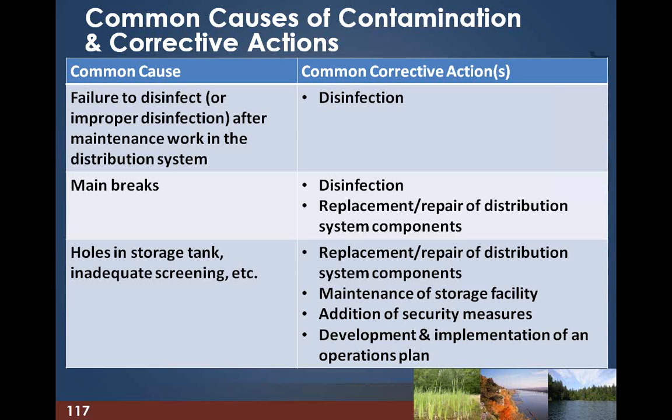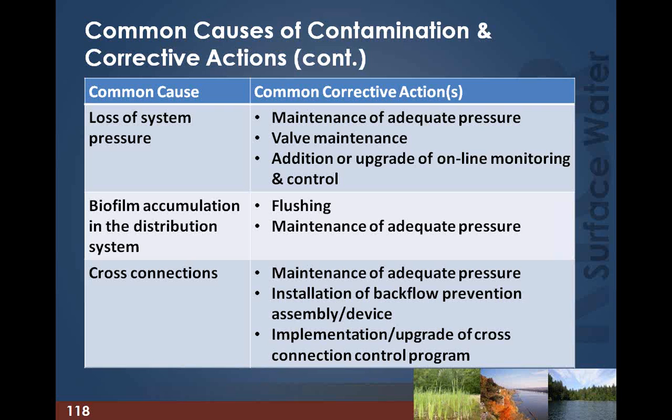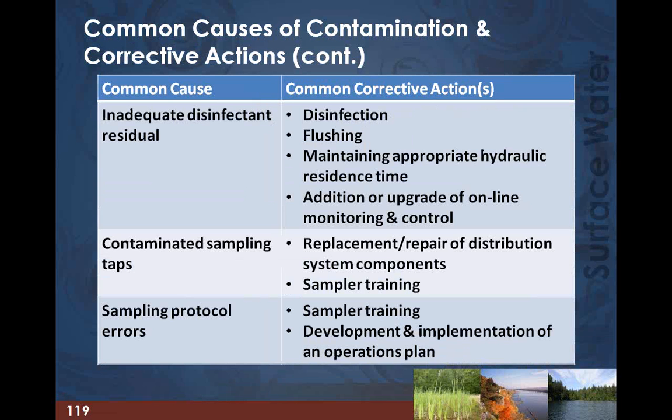All right, so we're not going to dive into these in great detail because it's going to be so much based on case by case, and this will be covered in additional trainings. But a common cause might be failure to disinfect after doing some work on the system, and so maybe the distribution system just needs a little shock to take care of any lingering contamination introduced during the maintenance. Or there was a main break and that needs disinfection or some additional repair or replacement. There could be holes or other points of entry. The distribution system could be losing pressure, which would allow for inflow and contaminant entry. There could be biofilm accumulation in the distribution system. There could be cross connections, and those are often hidden dangers that only become a problem once contamination is introduced, and that's when systems become aware of it. So these are all some of the common causes that EPA and states have seen in the past